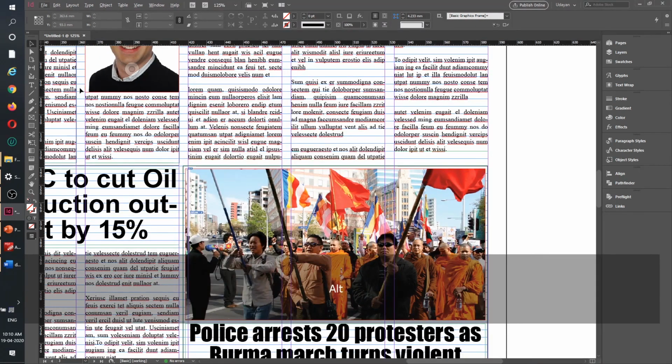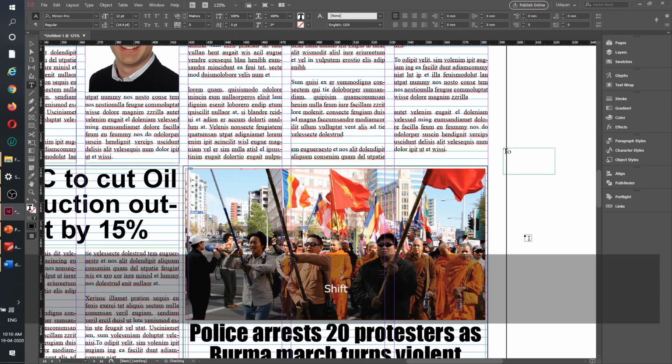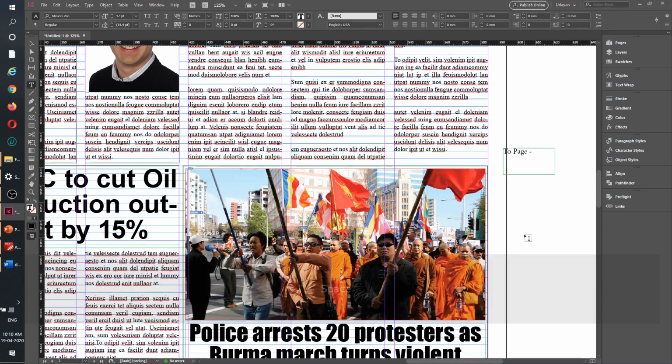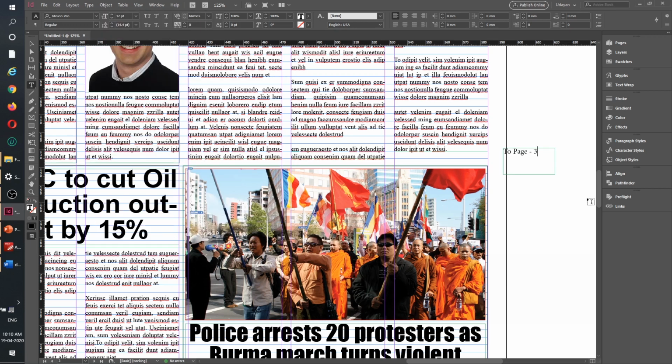Okay, so what we need is, as I said, I need to make a text box. So let me make a quick text box like so, and whatever you want to name it, for example I call it 2 page and then I give a dash also. And then the number: when I want to call it the dynamic text part, I will go down to type, go down to special characters, markers, and next page number. As simple as that. Click and you are good.